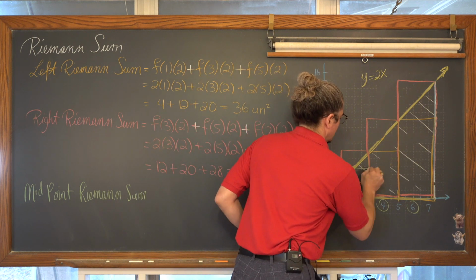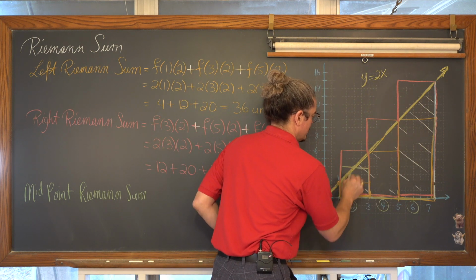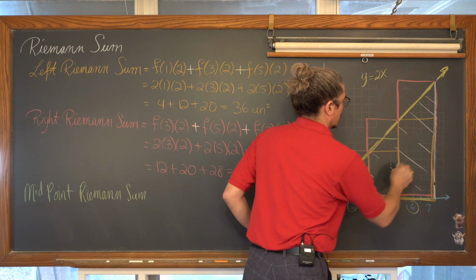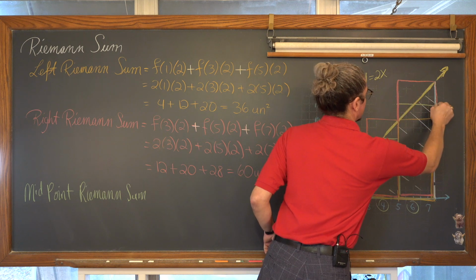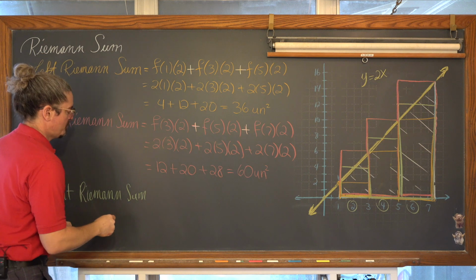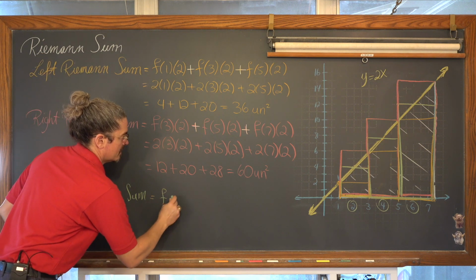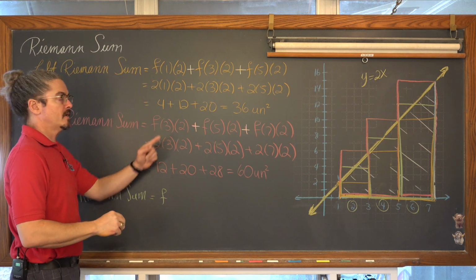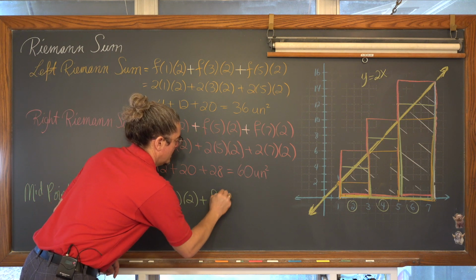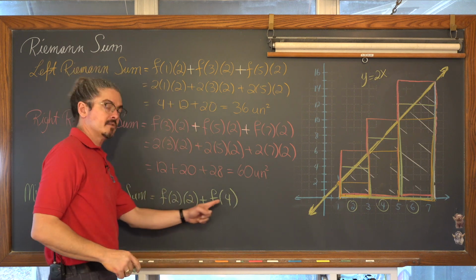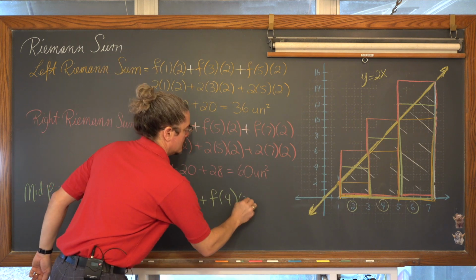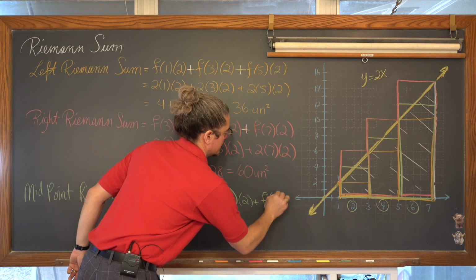So we have a height of a rectangle that's going to be determined by f of 2, and then f of 4, and then f of 6. And our midpoint Riemann sum would be, therefore, not f of 1, not f of 3, but f of 2 times 2 plus f of 4, because I'm counting by 2. Each rectangle has a width of 2, times 2 plus f of 6